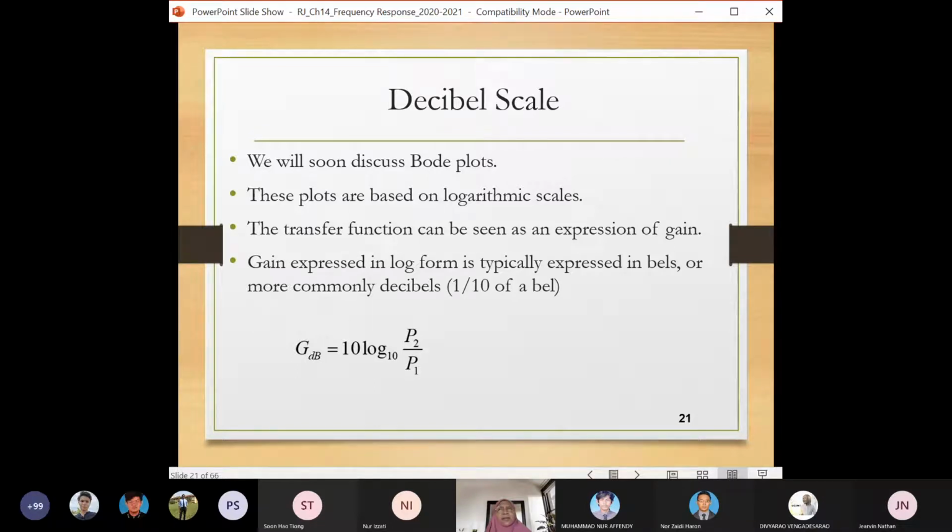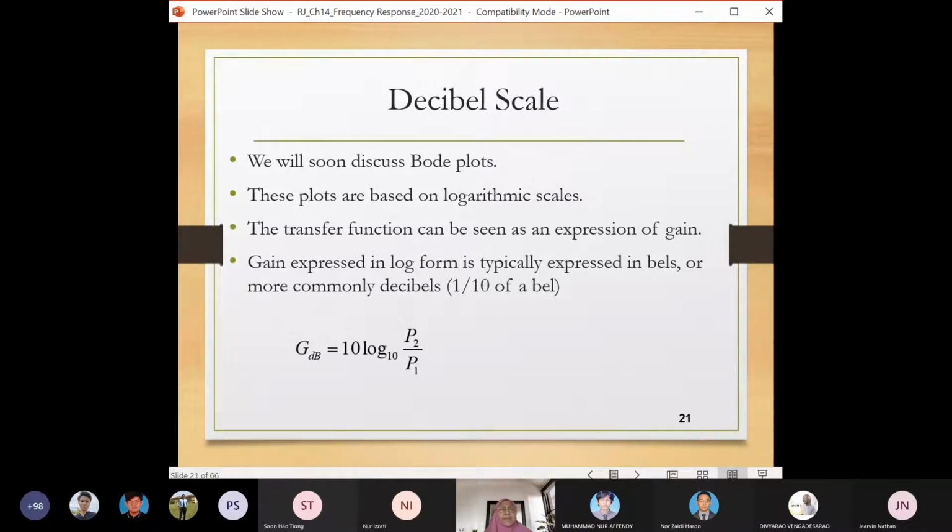Why do we use a logarithmic scale? Because it's a power of 10. Frequency can change from small frequencies to 1000, to mega, gigahertz. So if you use a linear scale, it would be difficult to graph it. So the best is to use a logarithmic scale where we consider powers of 10, so that the scale of the frequency is shorter. Okay, and